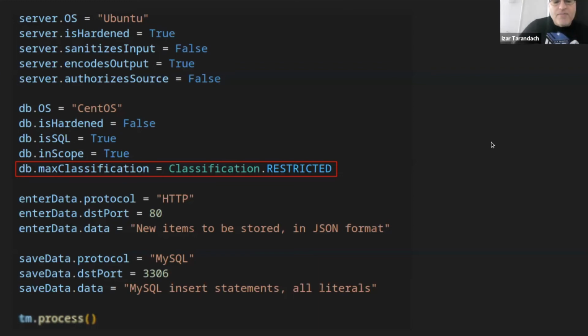One common attribute that we have here is the in scope. If it's true or false. If it's true, then that element is going to be taken into account when evaluating rules. And if it's not, it's going to appear in the representations, but it's not going to be evaluated. So that helps us model the system in full, but express the findings without using all the elements that we supported.